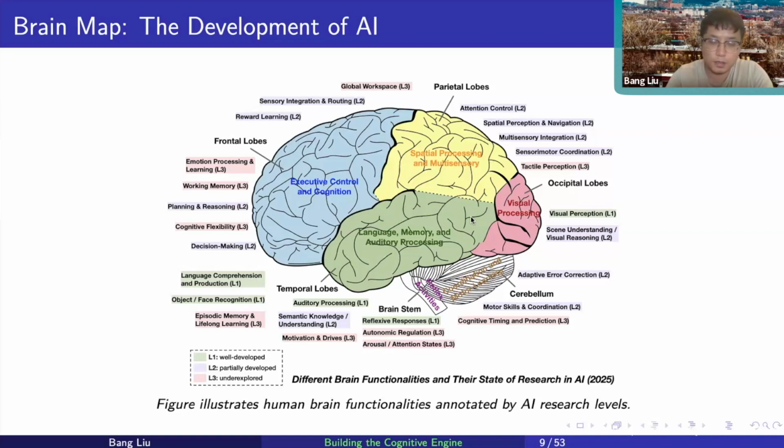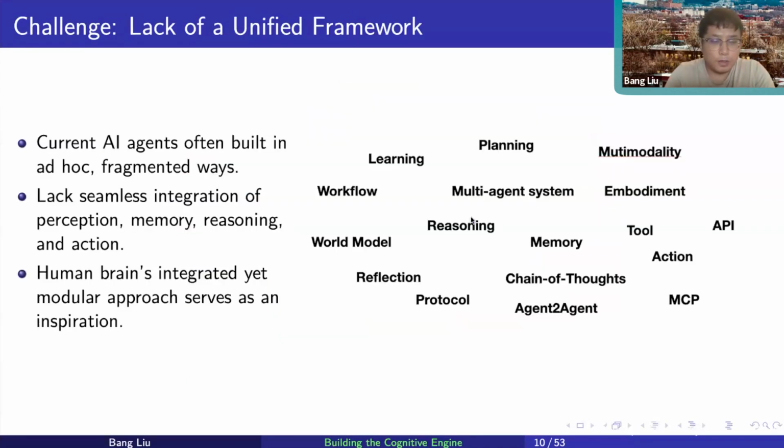So a lot of the research progress is based on LLMs, neural networks, and so on. But still, we have a long way to go, I think. In current AI research, we are working on different topics, but how they can be better grouped together to form a unified framework. So this is what we're interested in.